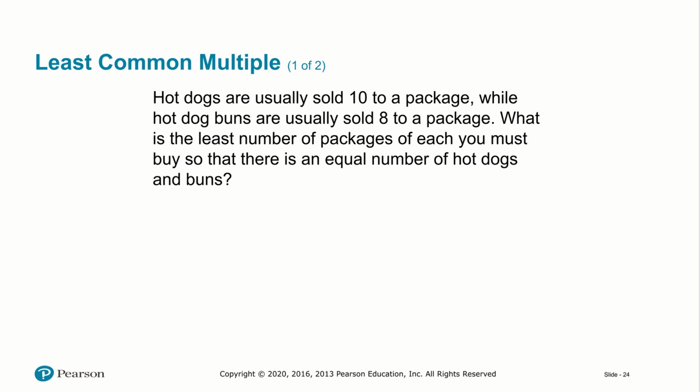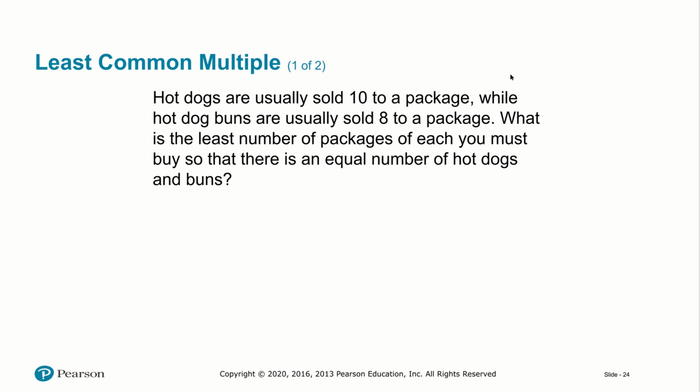All right, here's another real nice application, a little bit more real life oriented than some of our more mathematical examples and applications. So hot dogs are usually sold in packages of basically 10, and hot dog buns are usually sold in packages of 8, which I think is actually true. What is the least number of packages of each you must buy so that there is an equal number of hot dogs and buns? All right, so I think by this point you realize this is nothing but an LCM